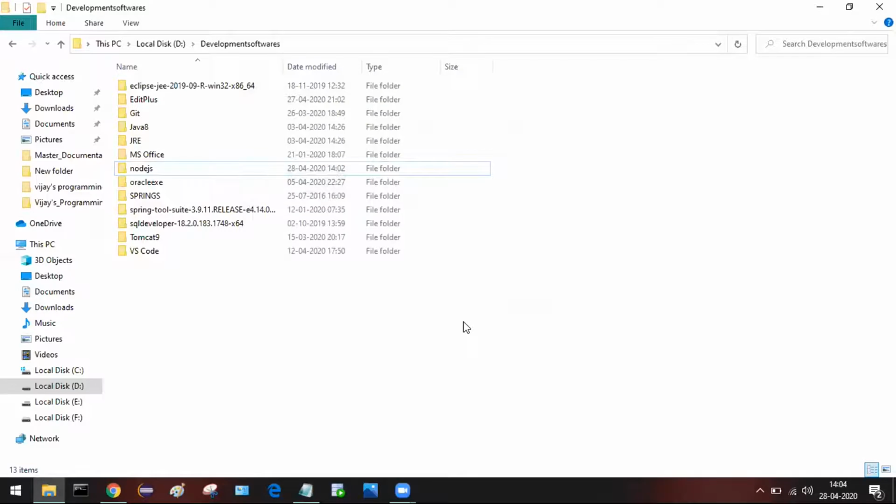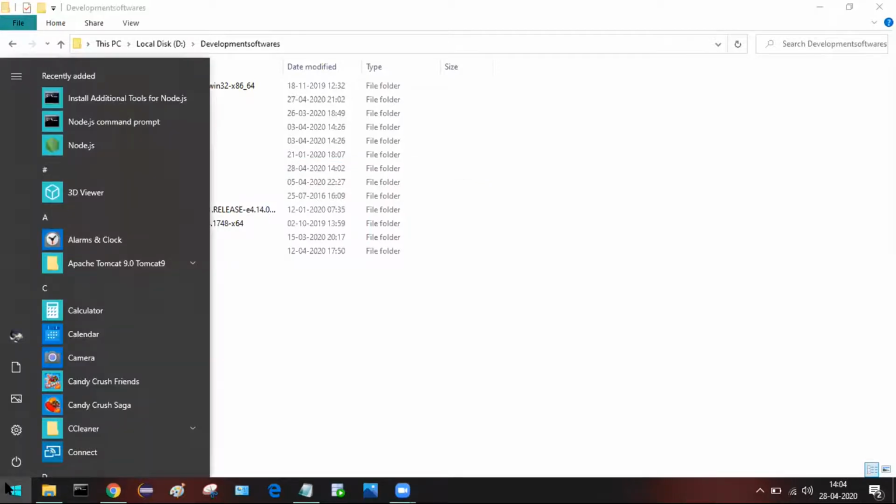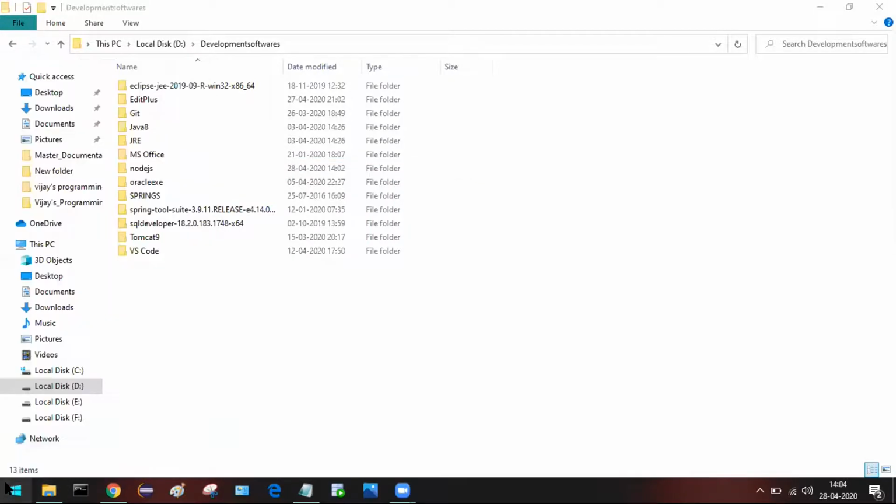And how can we make sure that Node is installed in our system? Open command prompt. If you don't have command prompt on the taskbar, just click on the start logo in the Windows environment and start to type cmd.